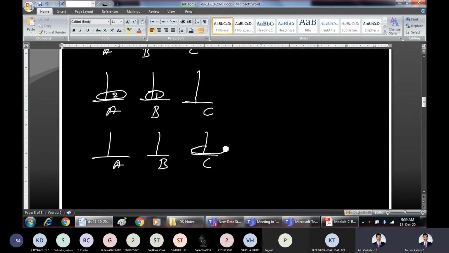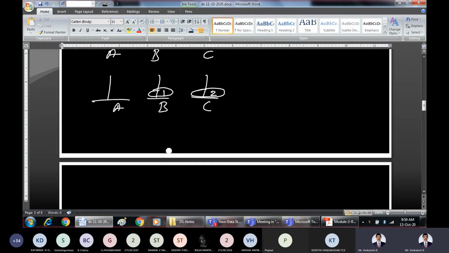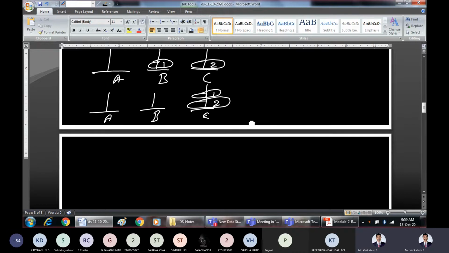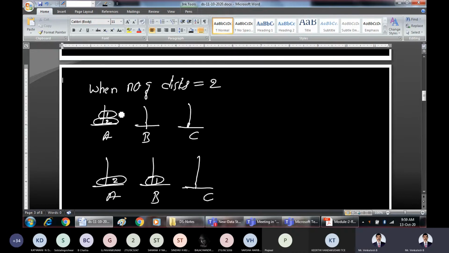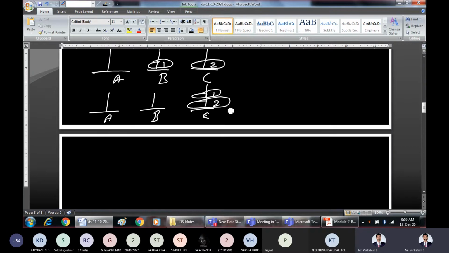So that is the possible approach. Disk number 2 I have taken and moved to C, but disk number 1 is still on B itself. So finally, with A, B, C, we take disk number 2 as it is, take disk 1 and move it on top of 2. So the source scenario was something like this, the given scenario, and at the end the scenario is something like this.